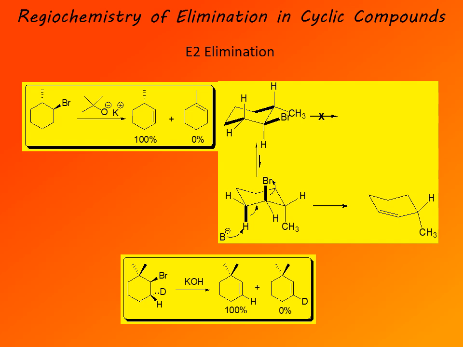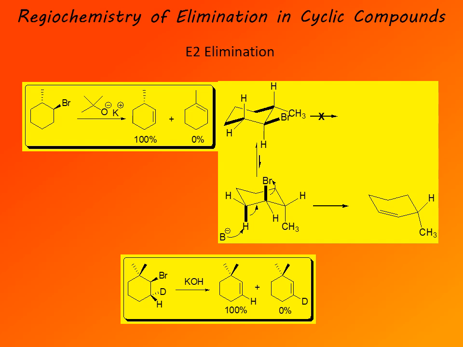And from this we can draw a conclusion that in the course of an E2 elimination from a 5 or 6 membered ring, the two groups that are eliminating must be trans to each other. So only groups that are trans to each other, in this case hydrogen and bromine atoms, have to be trans for E2 elimination to occur. Cis groups cannot eliminate. And we can prove that by carrying out a study on this particular compound that has